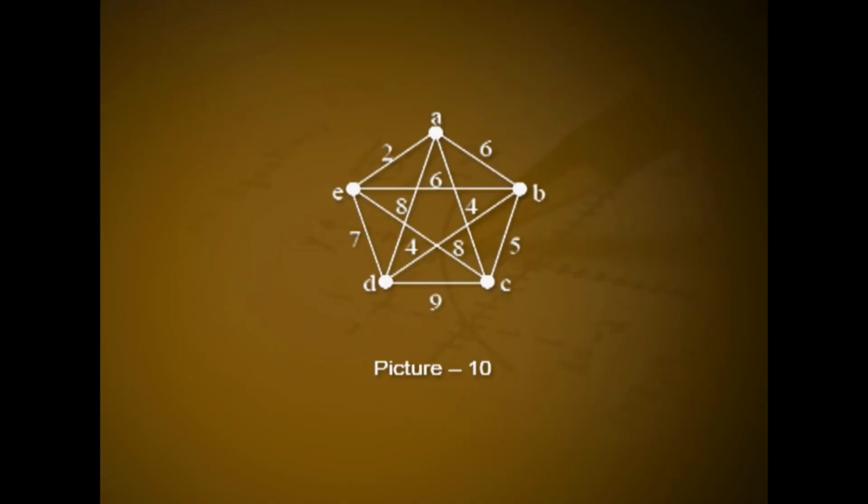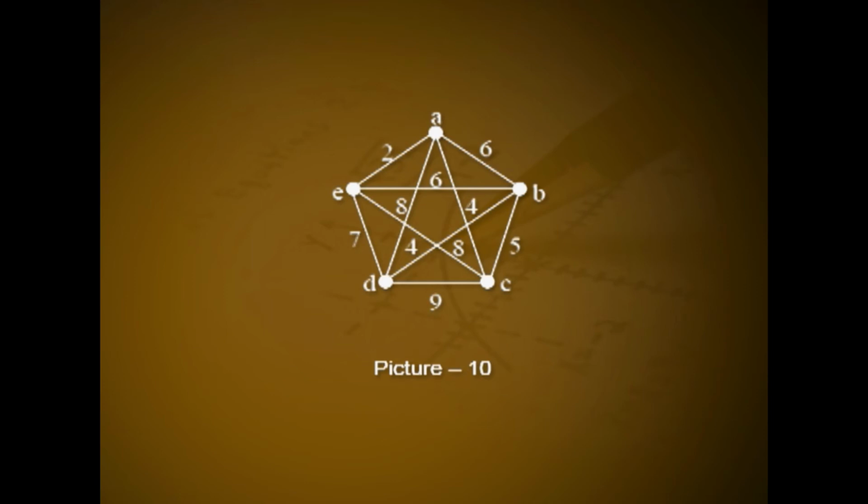The proof is similar to Prim's algorithm, which we have already discussed. To construct a minimum spanning tree for the graph of the figure shown, we proceed like this. The weights are 2 for the edge AE, 4 for the edges AC and CE, 5 for edges BC, AB and BE, 7 for the edge DE, 8 for the edges AD and BD, and 9 for CD.